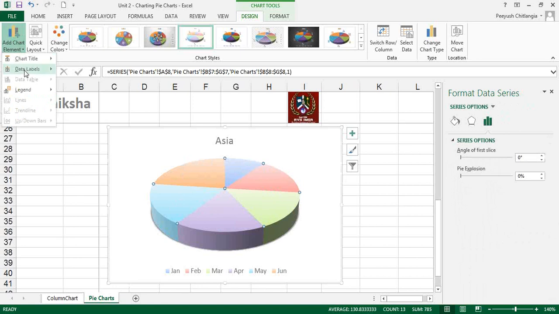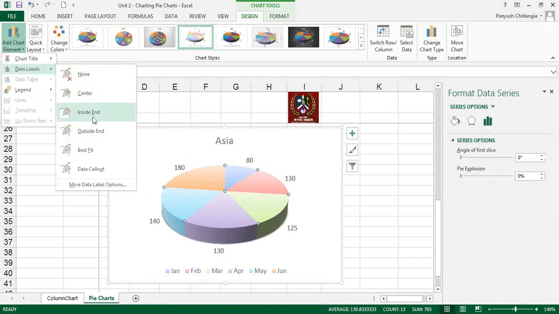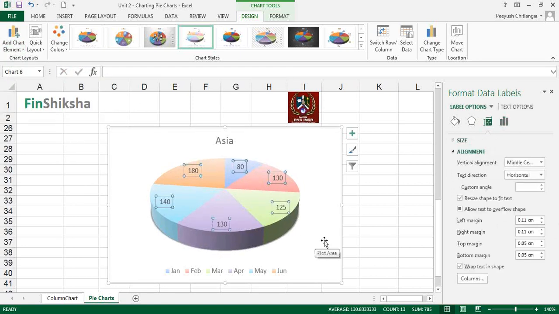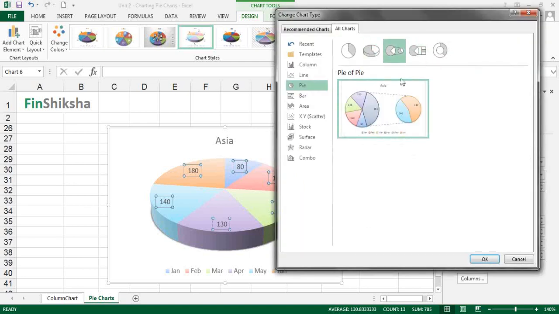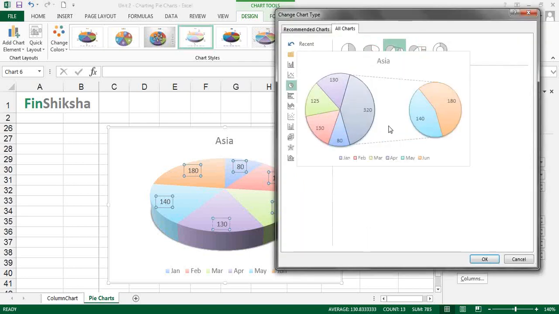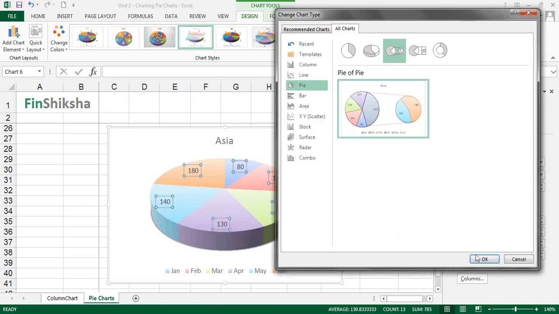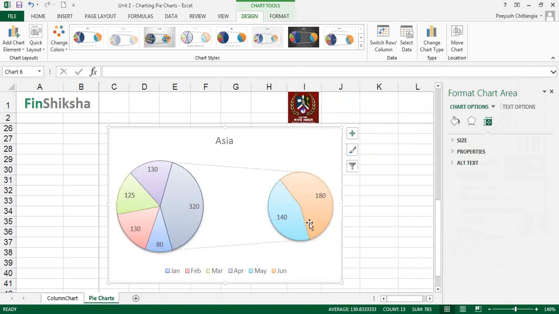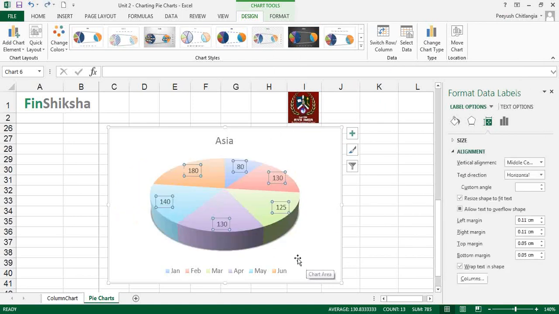So you could add the chart element, data labels, let's say inside end, and these are the values that are available for us. So that's the kind of data set that is available. You could also create a pie chart which is of this kind of a format. Now, essentially, this may not be very relevant here, but may be useful in certain cases at various points of time. What this does is essentially adds up the data and then gives you where the sales are coming from for those particular couple of months, May and June, essentially, and combines May and June and gives the